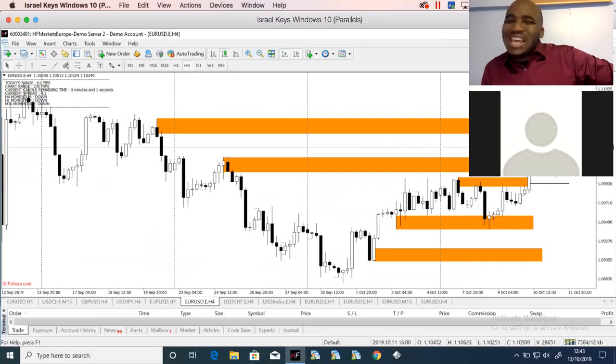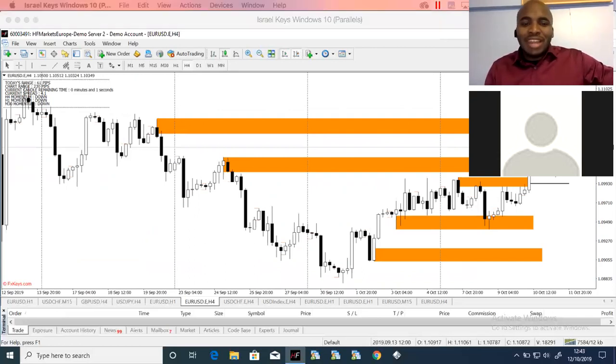I knew there was, especially at the end of the week on a Friday. I'll teach you about this again moving forwards, what's likely to happen at certain times of the day or certain times of the week. So when I get to a Friday, towards the end of a Friday, and I get to this kind of level on a 4-hour chart, I know it's more than likely that price is going to go back the other way and wait till the next week to move higher, if it's going to go higher. So